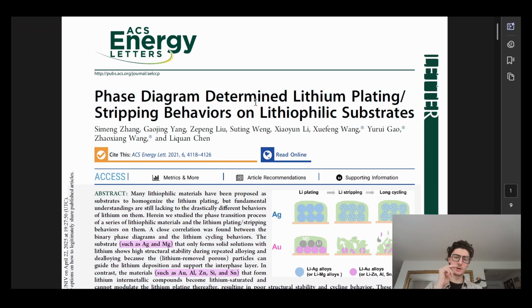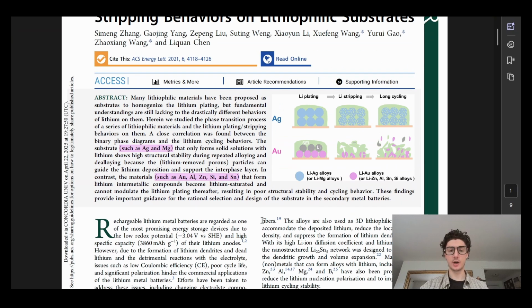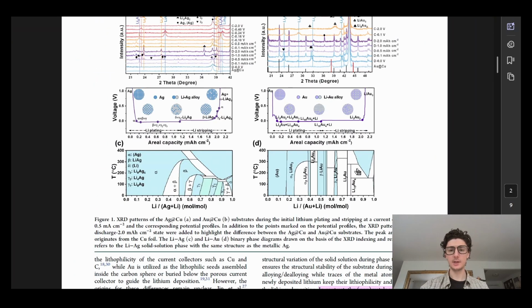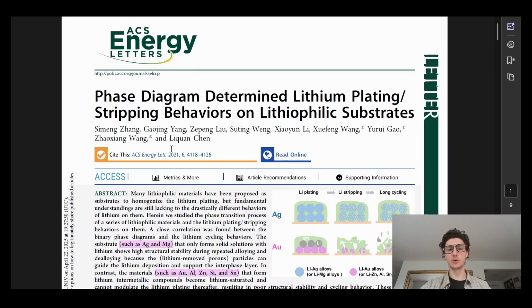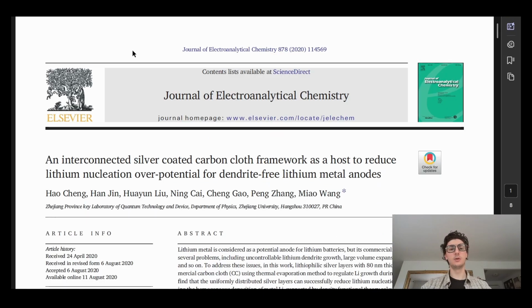I'm going to keep this noted, right? As you saw, I didn't get everything related to this article. I mean, the first thing in the title says phase diagram, and I'm not really sure how to read the phase diagrams here off the bat. So of course I'm missing something important from this article, but the main findings I've kind of internalized, and I can just jump back to this article if I have some curiosity or I want to study it a bit further. We're going to jump over to Article 2, which is over here,